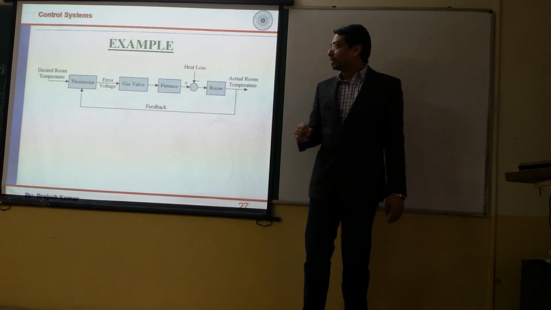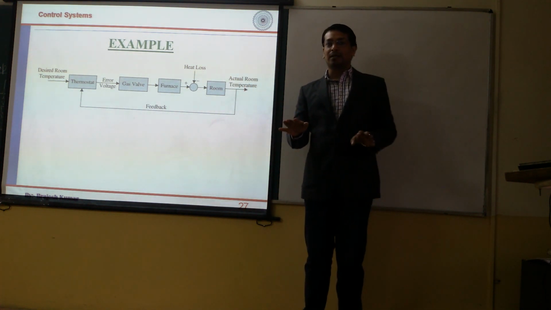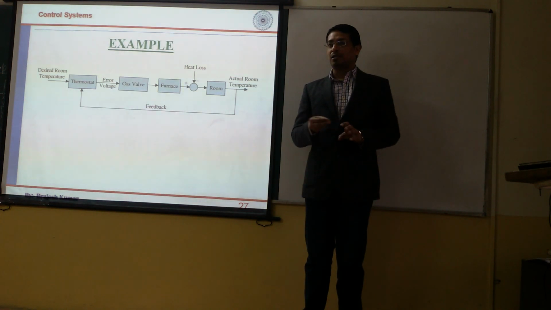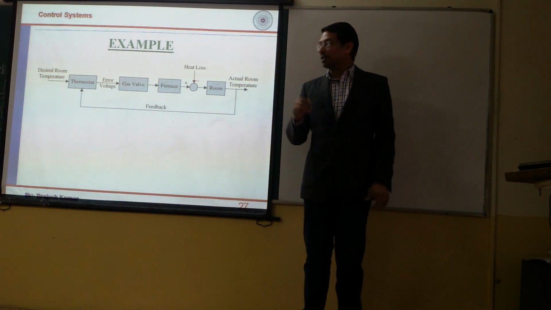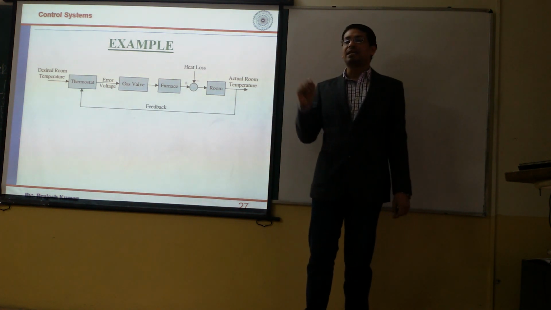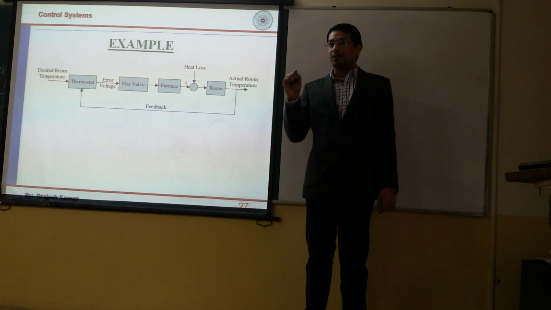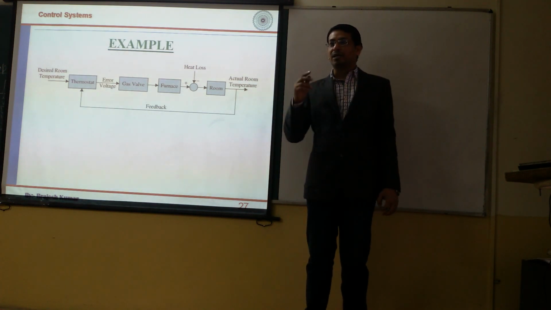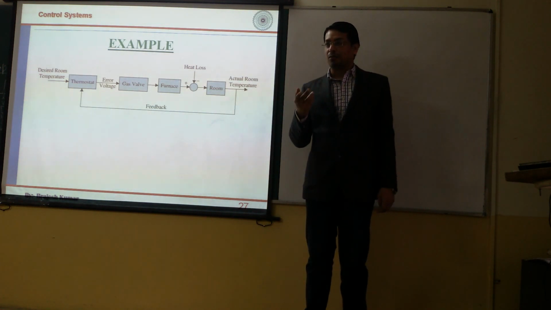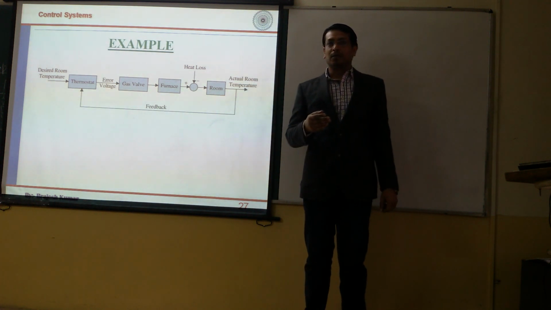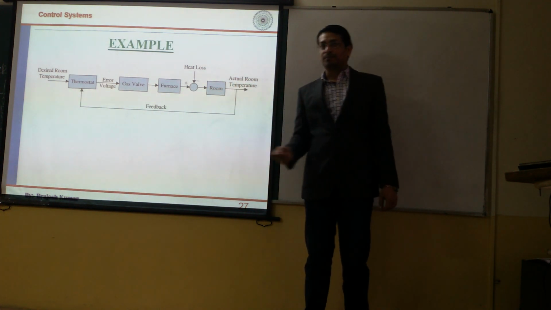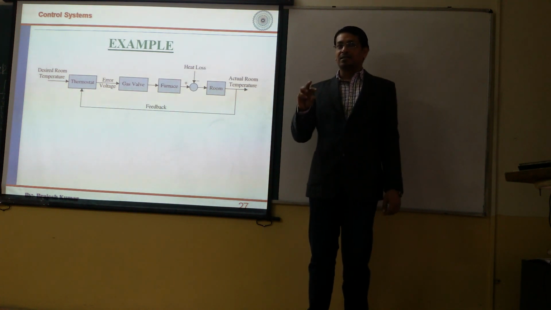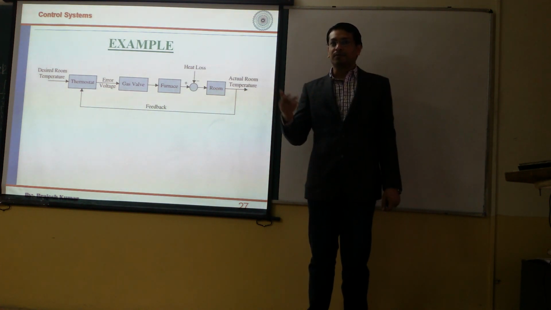Your desired temperature is your set point. Suppose you want this room to be cozy, and right now it is at 10 degrees centigrade, and you want it to be about 20 degrees centigrade. So you will set the desired set point, maybe with a push button or something else. Then your desired set point will be converted into a proper signal form, depending upon the components involved. It means you push the button, and this alphanumeric value will be converted into a signal.